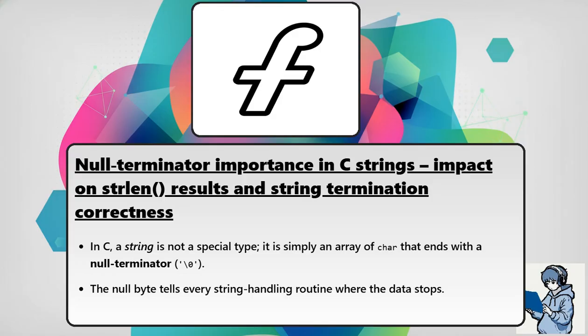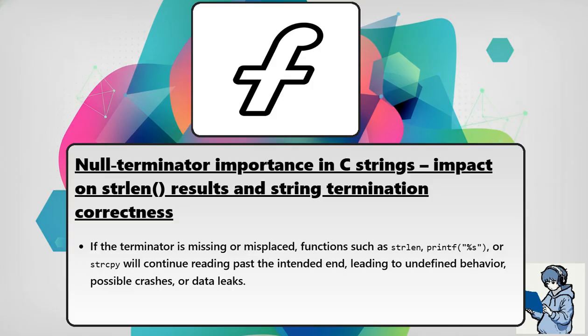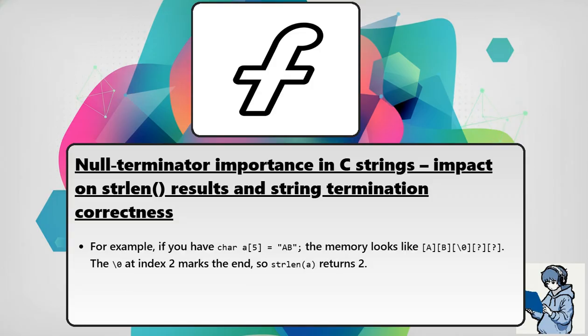The null byte tells every string handling routine where the data stops. If the terminator is missing or misplaced, functions such as strlen, printf with %s, or strcpy will continue reading past the intended end, leading to undefined behavior, possible crashes, or data leaks. For example, if you have char a[5] = "ab", the memory looks like a, then b, then \0, then unknown. The \0 at index 2 marks the end, so